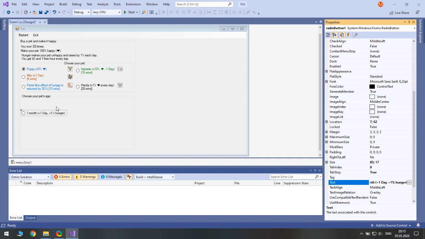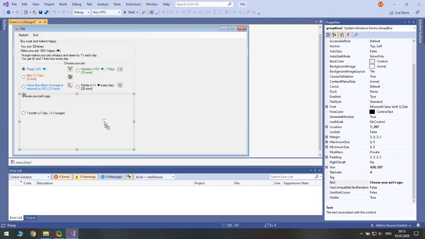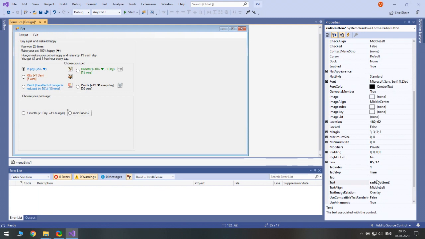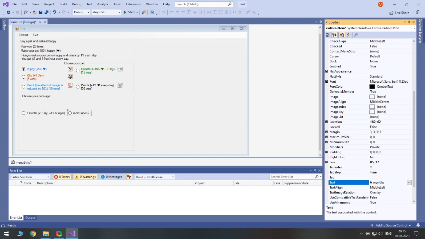Yeah, we will have another radio button here. It will be 6 months. And well, let's make it without an effect, no effect, but you need at least one win only.